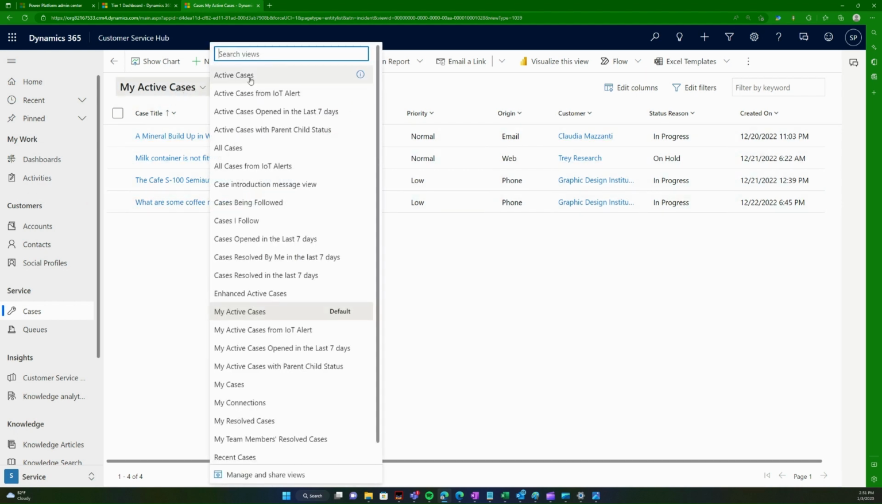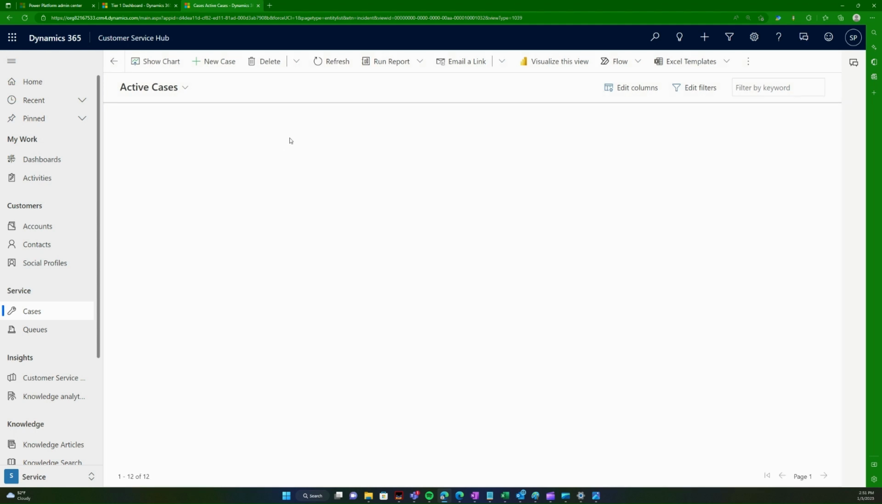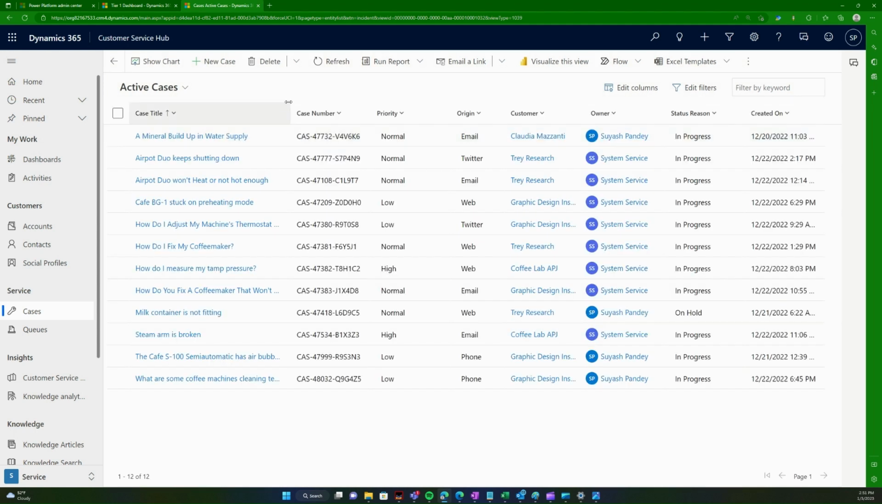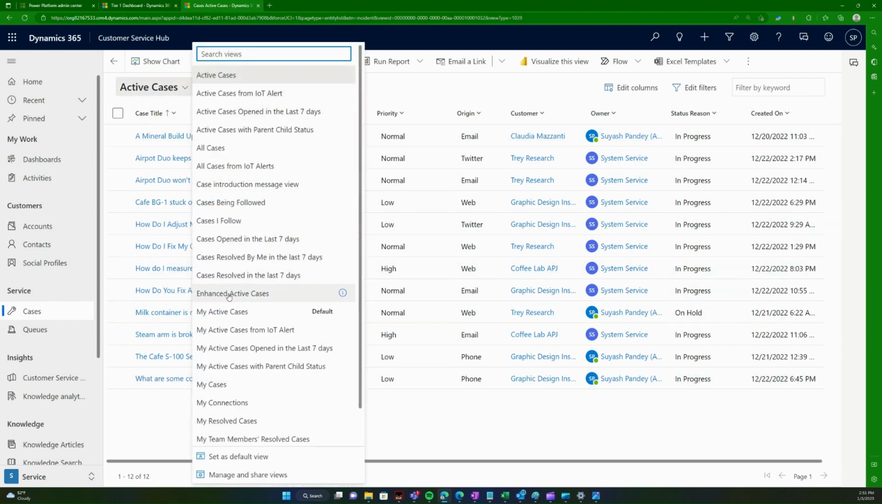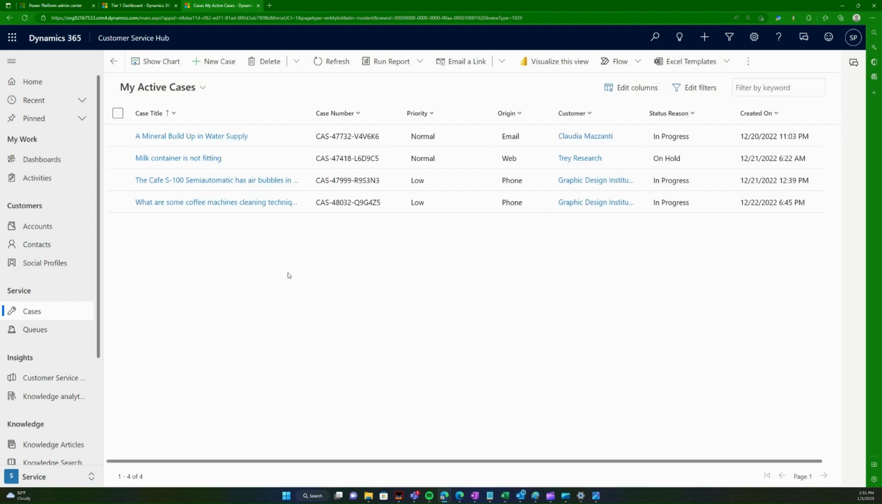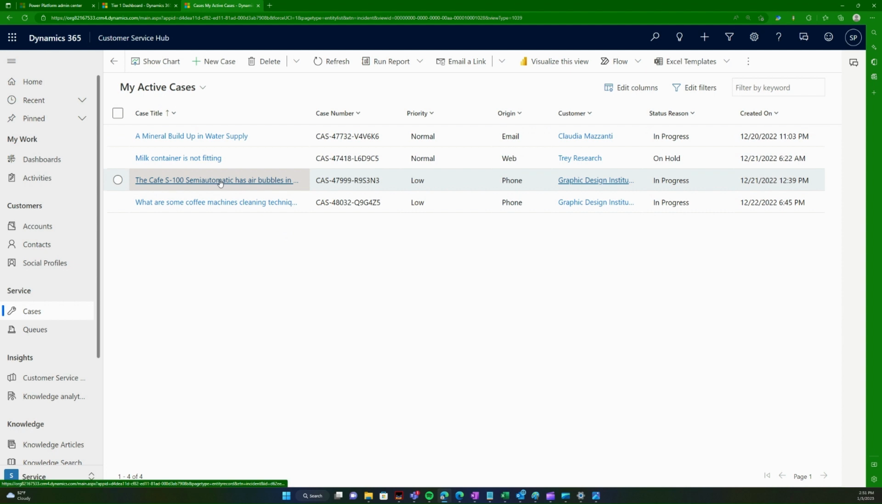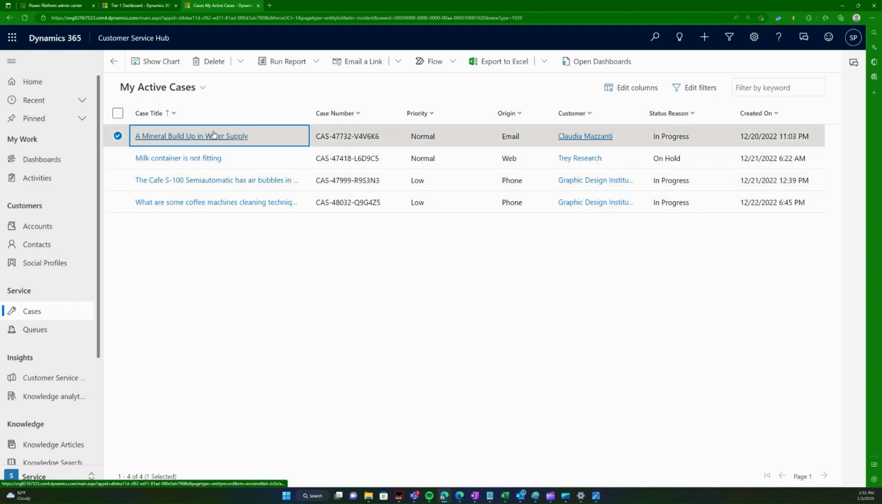You can also switch to active cases or differences. Now I'll see all the cases within the department that I work for. So there are in total 12 cases. And the ones that are assigned to me are my active cases, which I can click here and see I have 4 cases. If I click on one of these cases,